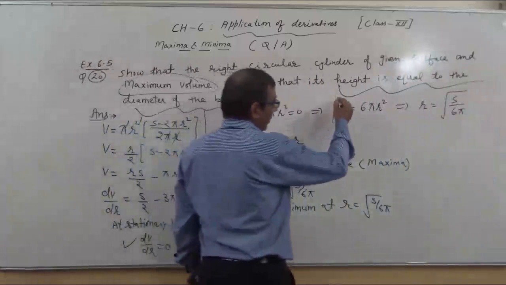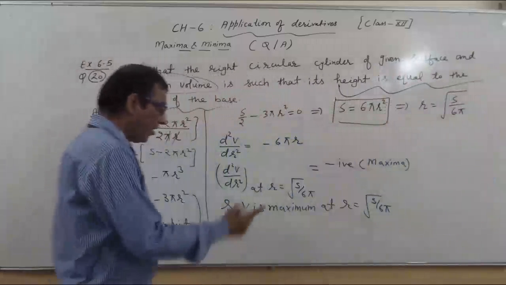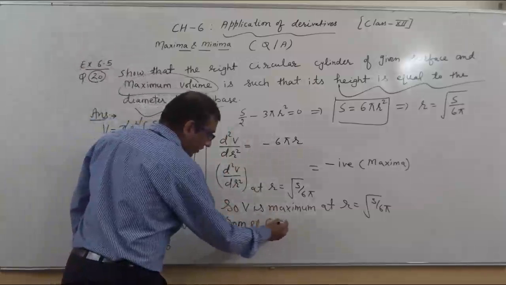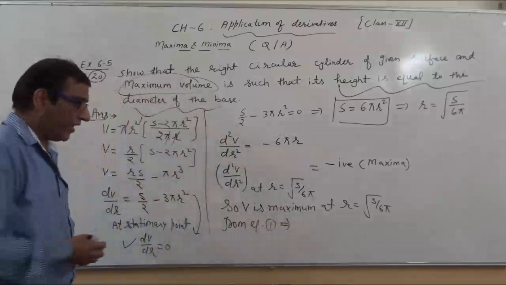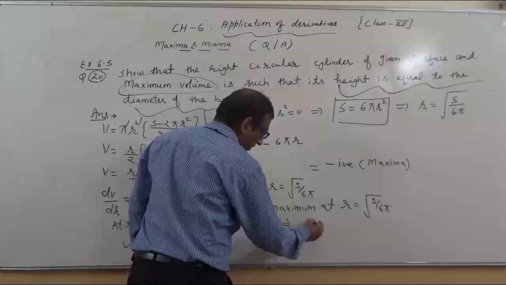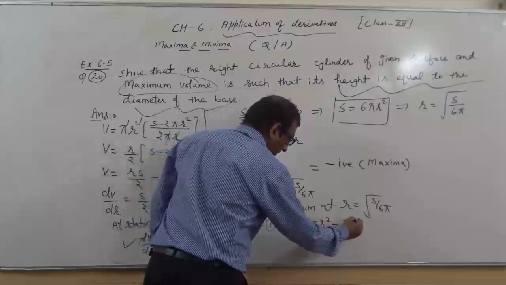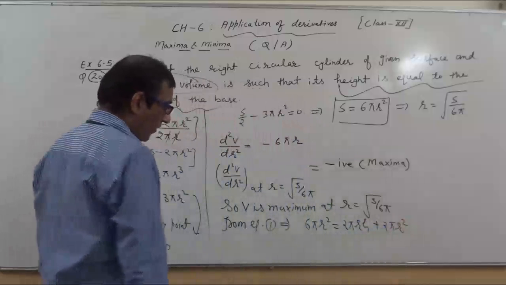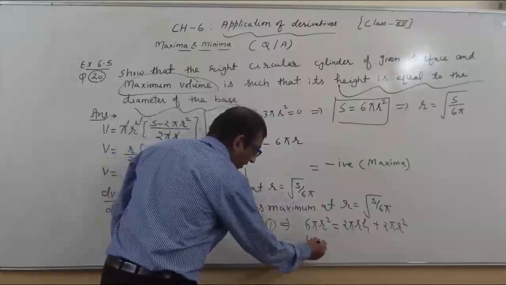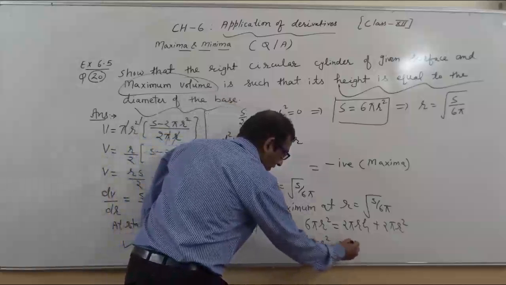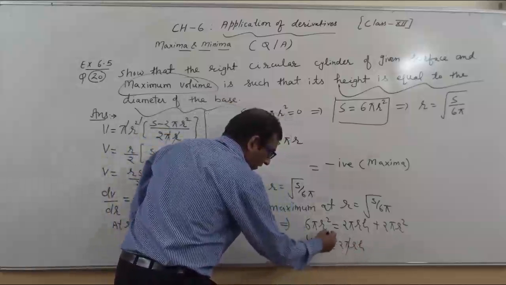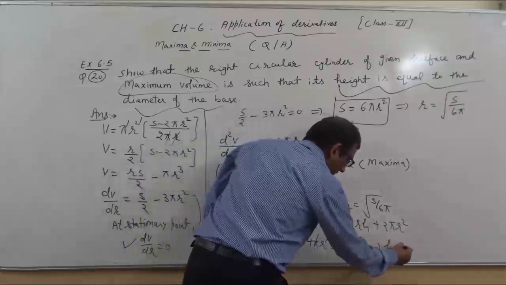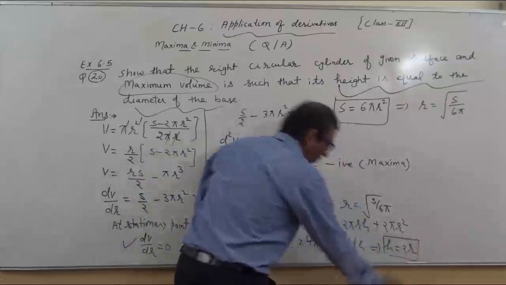So as you notice here, the value of S is 6πr². So again we will come to equation number 1. In equation number 1, if you put the value of S, you will get this type of relation or equation. Now we will solve it. When we solve it, we get 4πr² equals 2πrh. Pi and pi cancel, r and r cancel, and 2 cancels with 4, so we get h equals 2r. So therefore we can say,